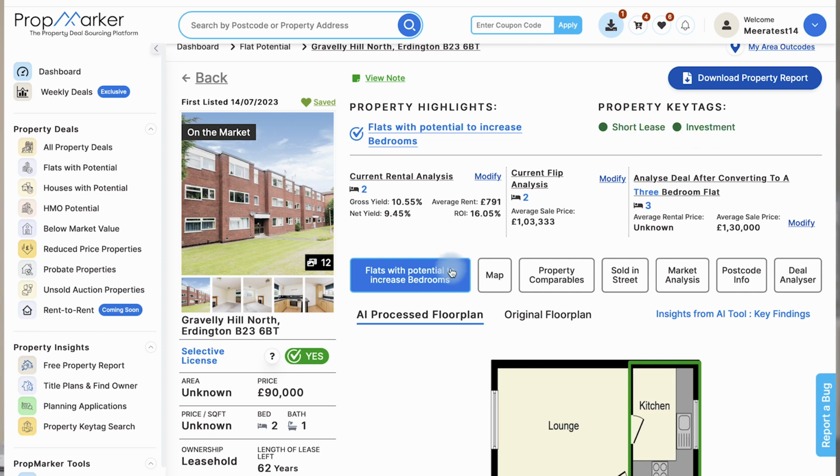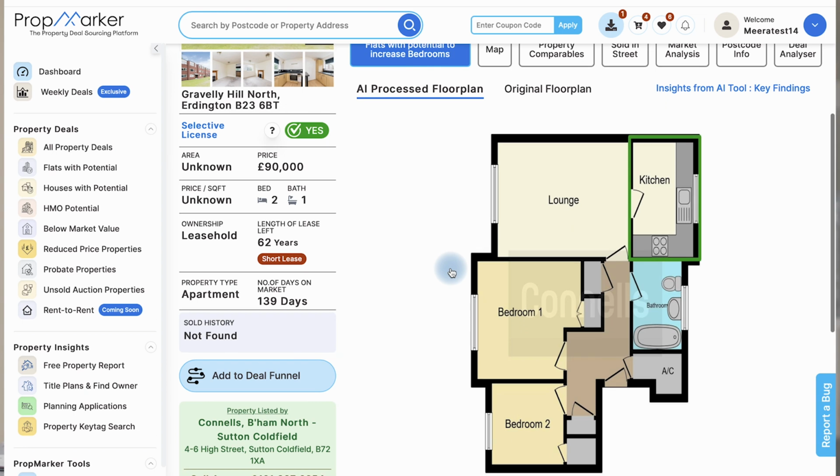Click on the Flat with Potential tab, and you'll find both the AI-processed and original plans, showcasing the potential for increasing the number of bedrooms. AI-processed floor plans are a valuable tool for buyers, sellers, and real estate professionals. They provide a comprehensive understanding of the layout and features of a property, allowing users to easily view and compare